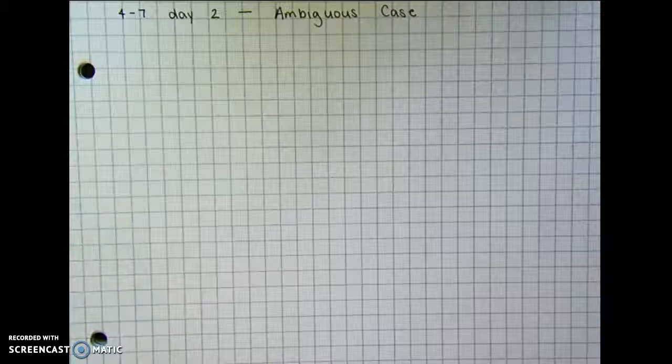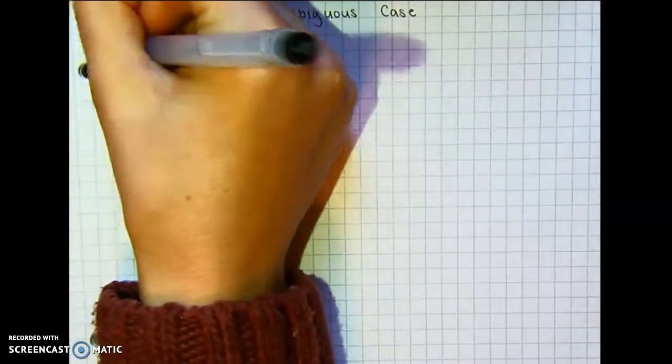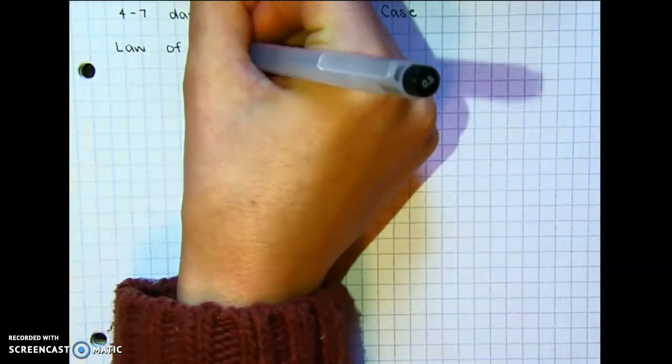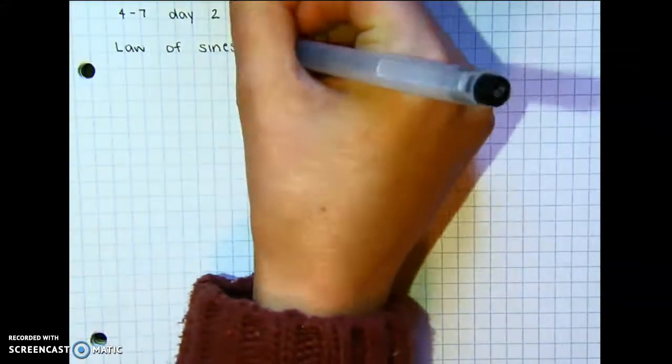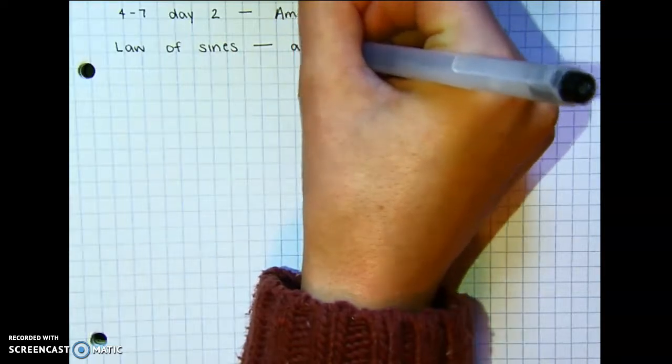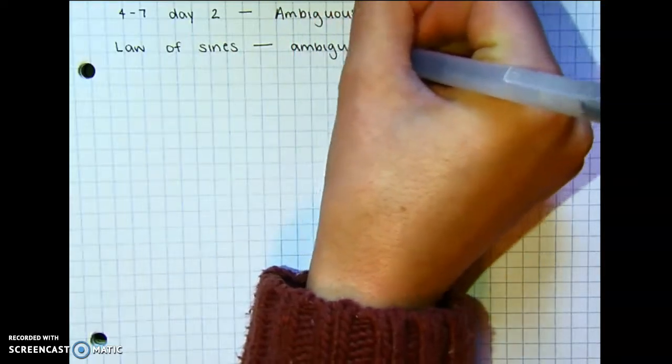Hey pre-calculus, so in this video I'm going to be talking about section 4.7 day 2, and we're going to talk about the ambiguous case. So the ambiguous case has to do with the law of sines. And the ambiguous case